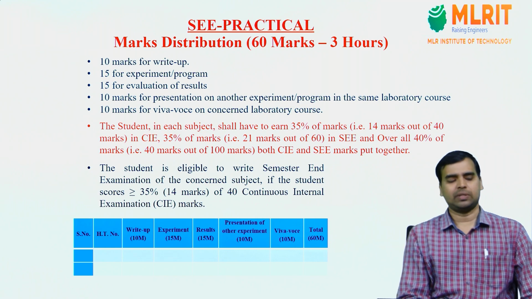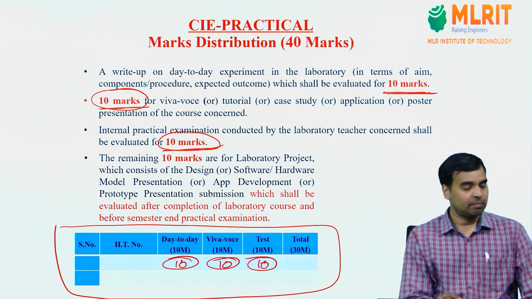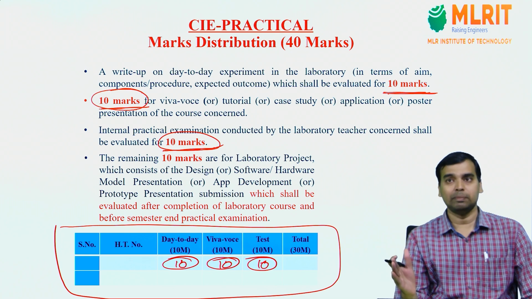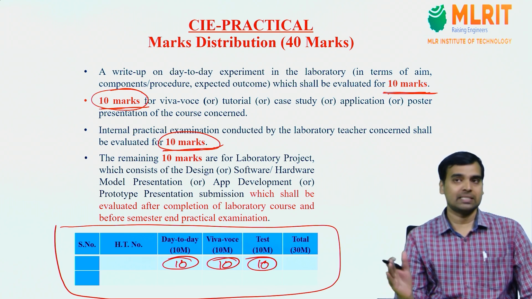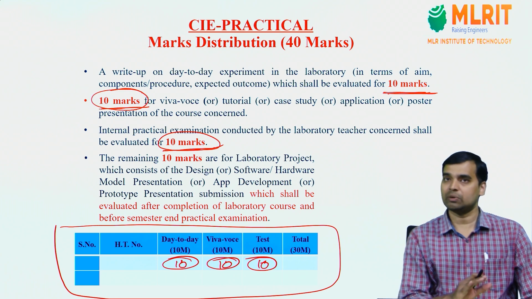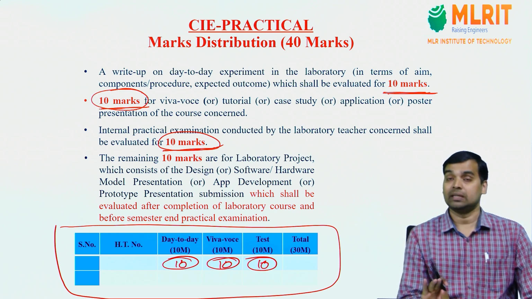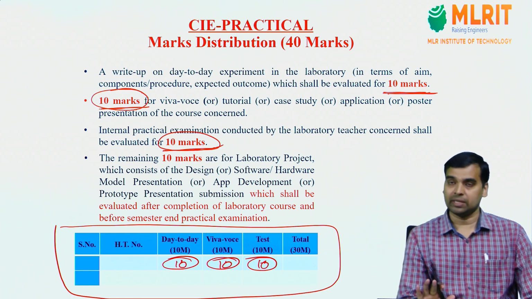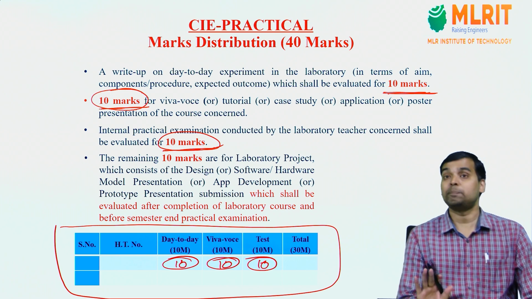Now when it comes to the lab internal exam, each lab internal exam is out of 30 marks. Before the theory mid exams, there will be lab internal 1. Before the theory second mid exams, there will be lab internal 2. Finally, they are going to take the average of lab internal 1 and lab internal 2. That is out of 30. And there will be 10 more marks because internal marks are 40. Out of 40, the remaining 10 marks are PPVC marks.